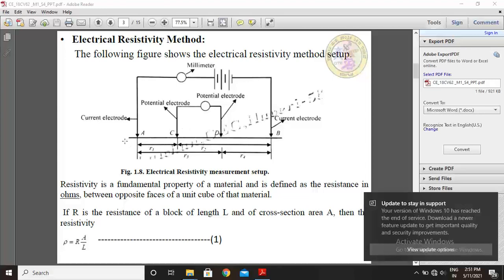These are the horizontal lines and these are potential electrodes, and these are the points A, B, C, D, and this is current electrodes, this is millimeter,